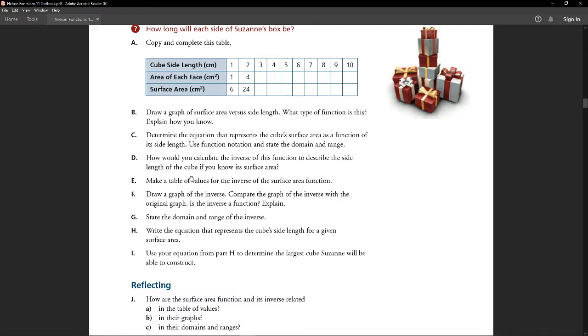Draw a graph and compare. Whoops. We must have skipped this one last time. State domain and range of the inverse. So y can equal any real number and x needs to be greater than 0. But over here, y had to be greater than 0, which I messed up when I said it last time. But yeah, original function, y needs to be greater than 0, x can equal any real number. Inverse, it's literally inverted.